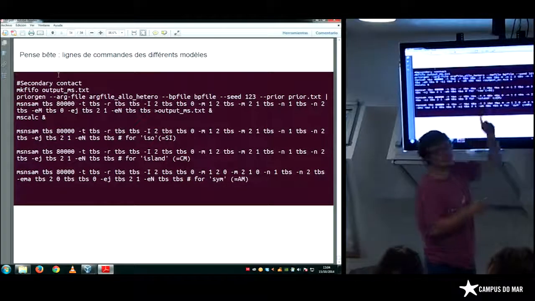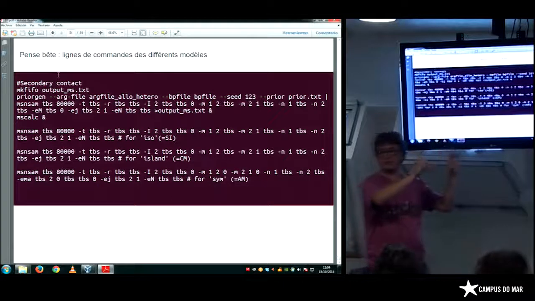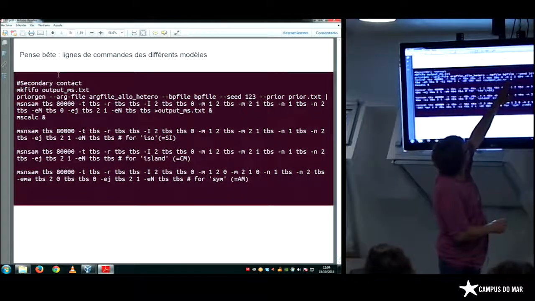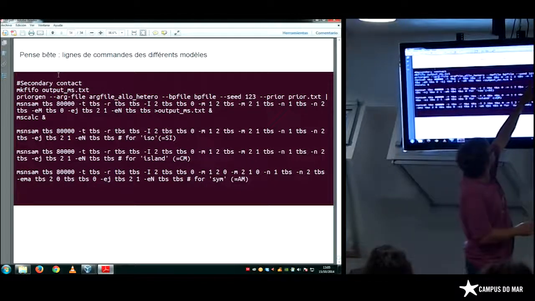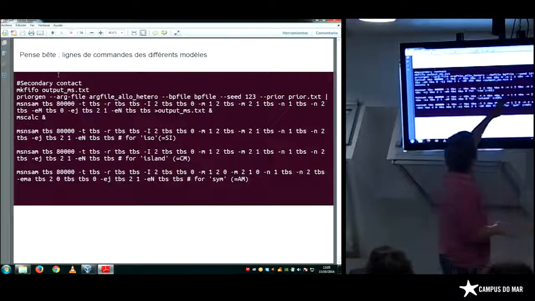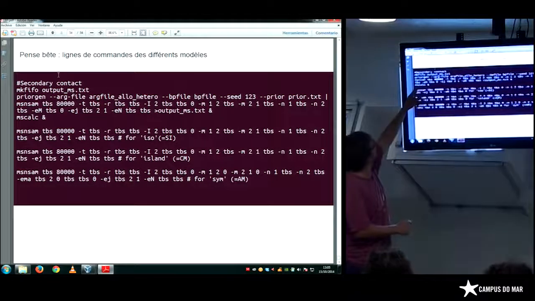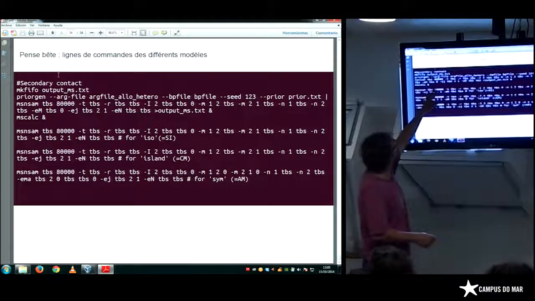No migration, for the period before the secondary contact. Migration from 1 to 2, you have a value. Migration from 2 to 1, a value. The population size of population 1, a value. The population size of population 2, a value. The time of the secondary contact when you allow gene flow, again a value.